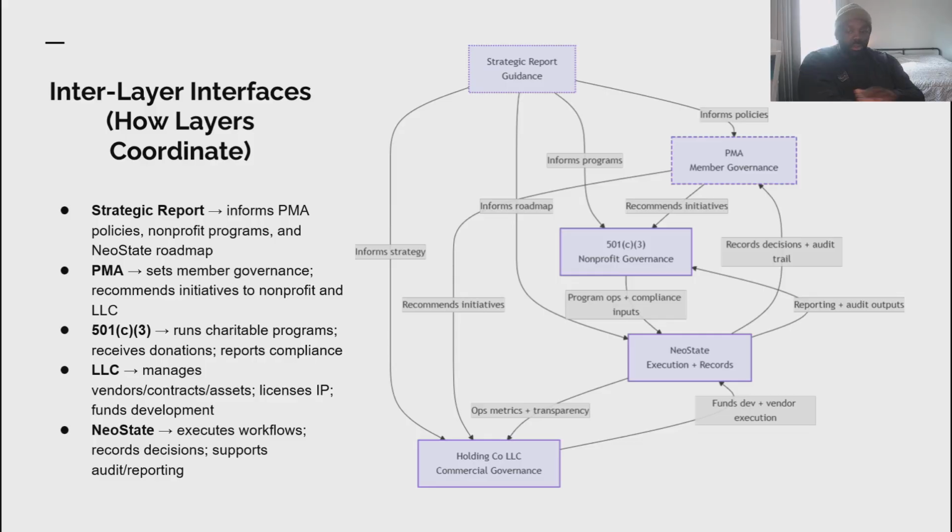NeoState executes workflow, records decisions, supports audit reporting. All right, this is the whole thing of how you can operate your own micro society within the bigger society, right? Having these components serve as